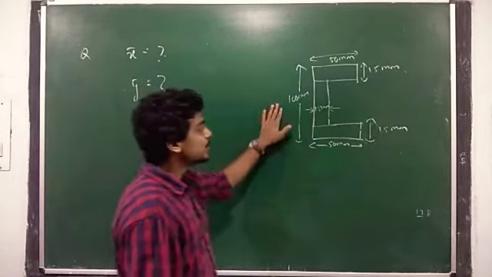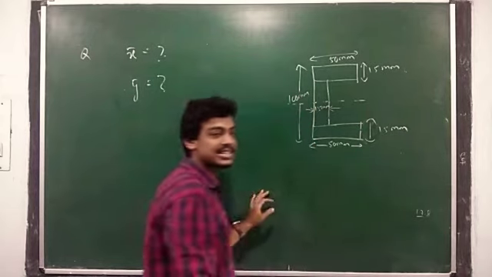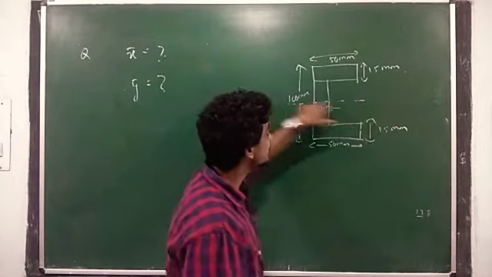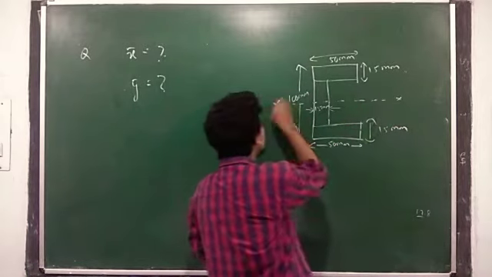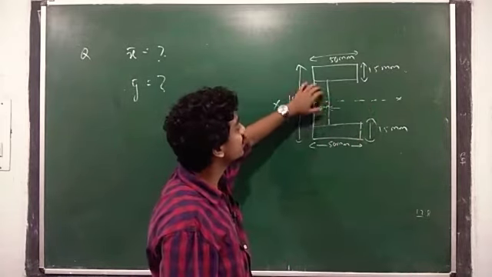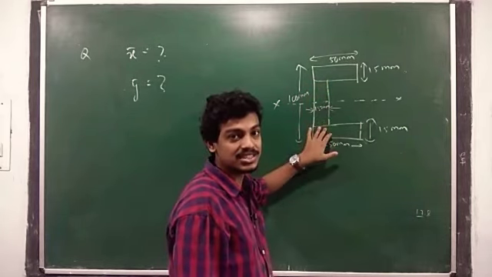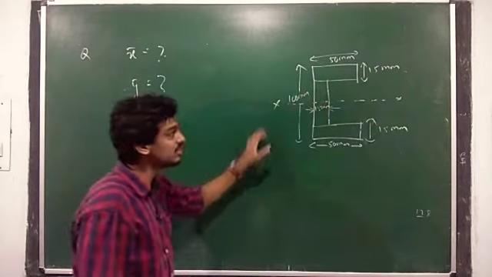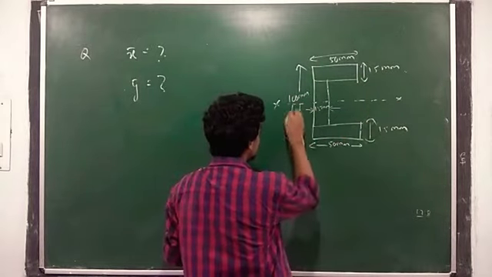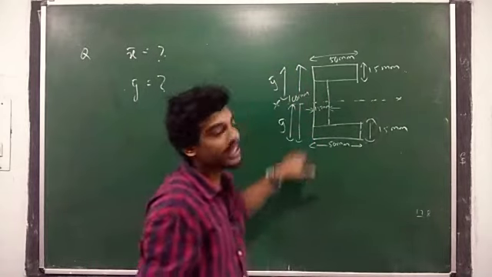In this problem you can see the figure is symmetrical about the x axis or y axis, which you should first find out. So draw a line about the x axis, because it is a horizontal line. If you cut the section through the x axis, the section is divided into two equal parts. This is section 1, suppose this is section 2, so it is divided into two equal parts. So this is symmetric about the x axis, so the y bar distance would be calculated as just half of the total distance.